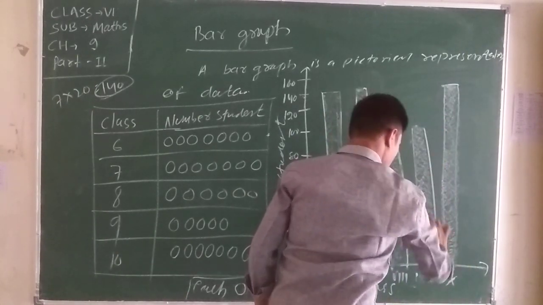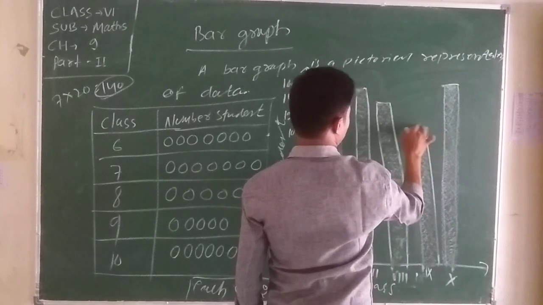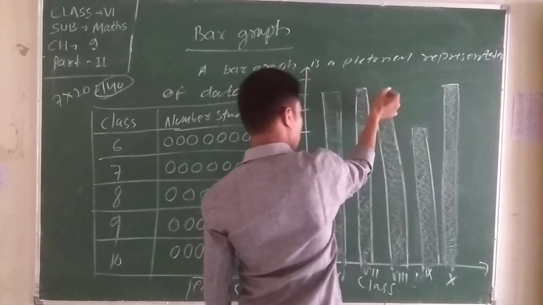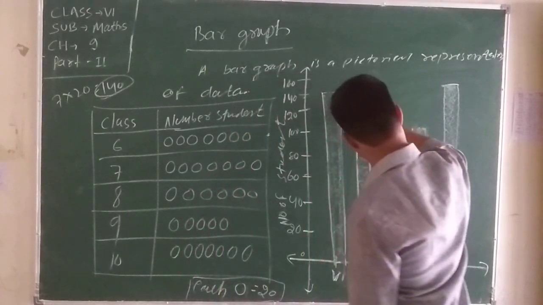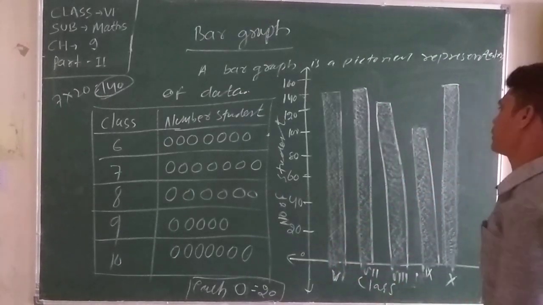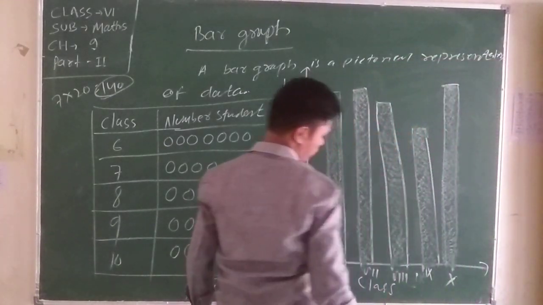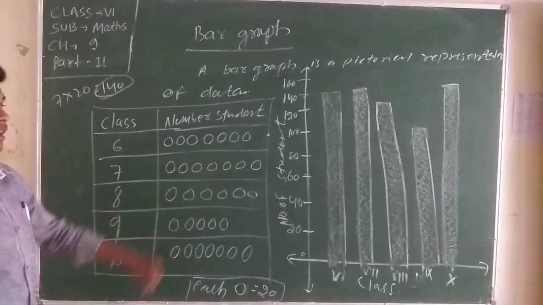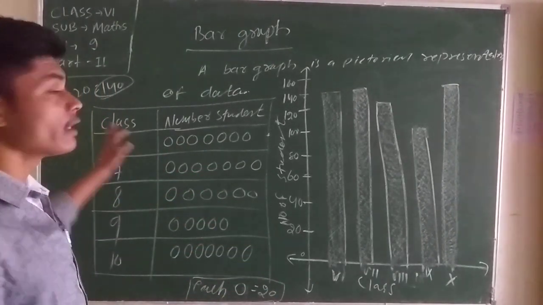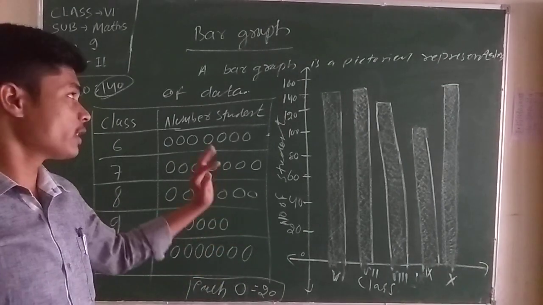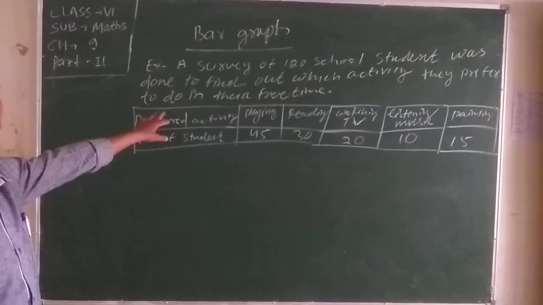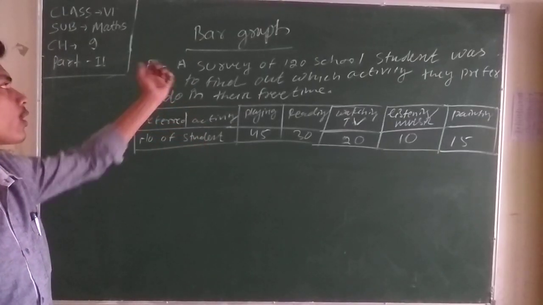Here we represent what? A pictorial graph into which graph? Bar graph. Clear about this? How can we represent a bar graph? What is the bar graph? We can also take another example for a bar graph. Given data, we can represent using the bar graph. Now, other examples for bar graphs.